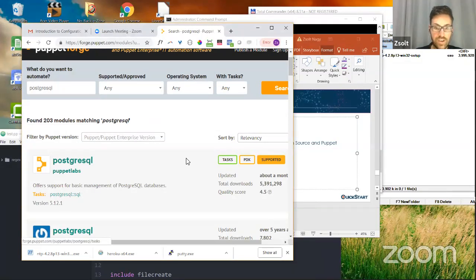You go in there, click on it, and you can see some Puppet code in there somewhere. So you can see how it can be installed.